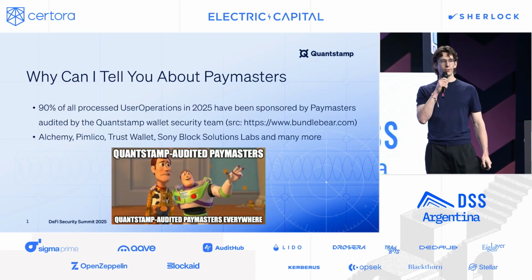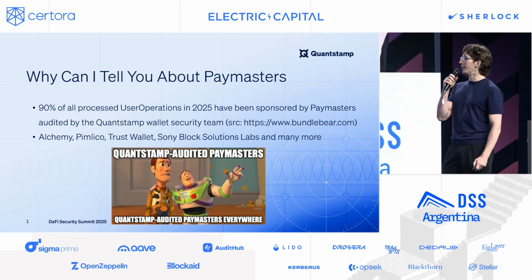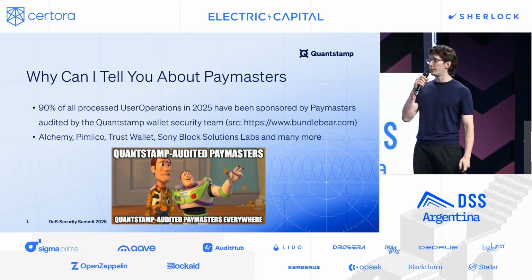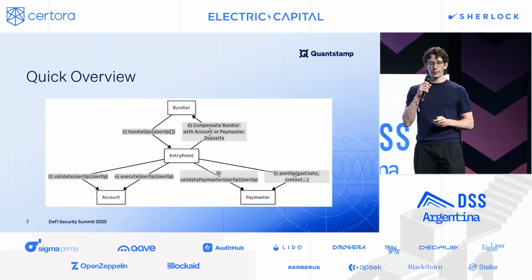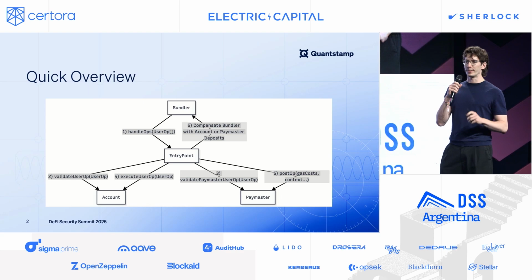We've audited most of the heavily used Paymasters out there, so our client list includes Alchemy, Pimlico, Trust Wallet, and many more. I want to give a mini overview of ERC-4337, but it's going to be extremely challenging in the